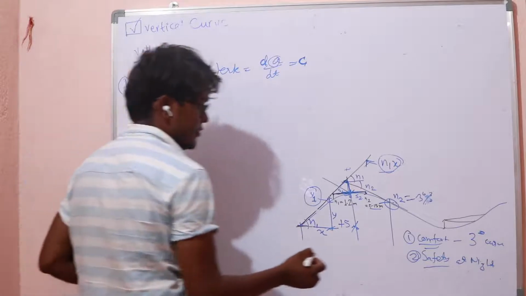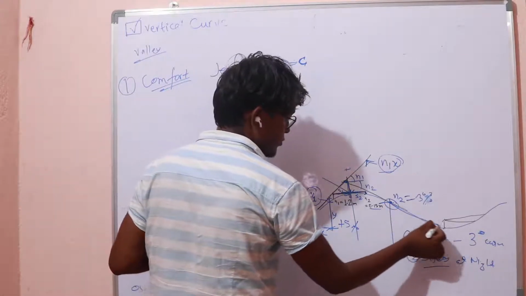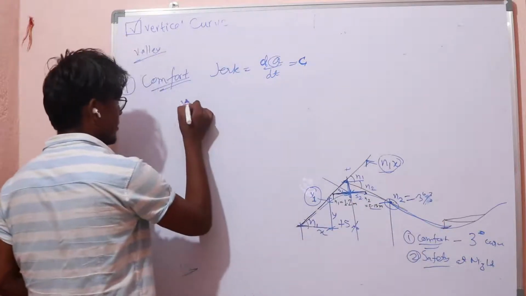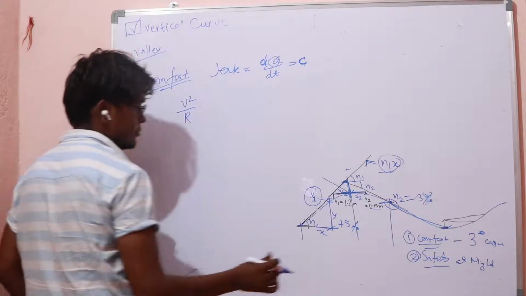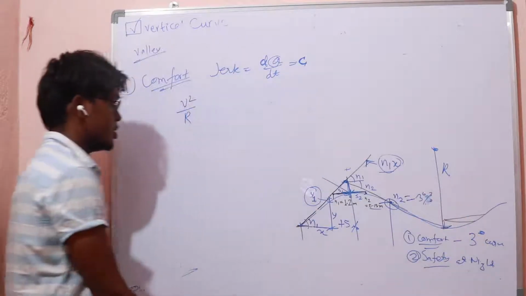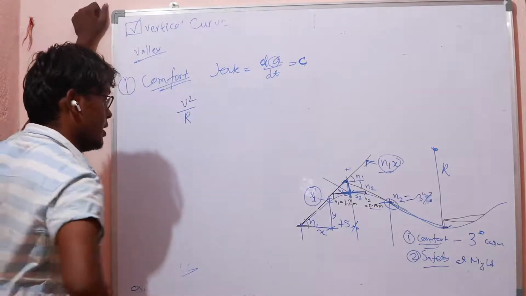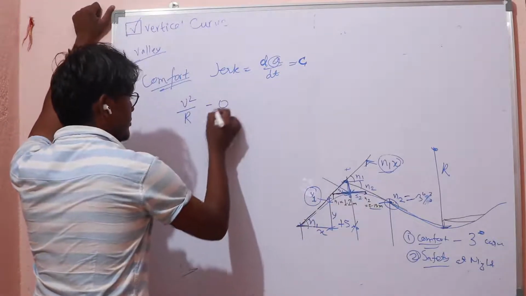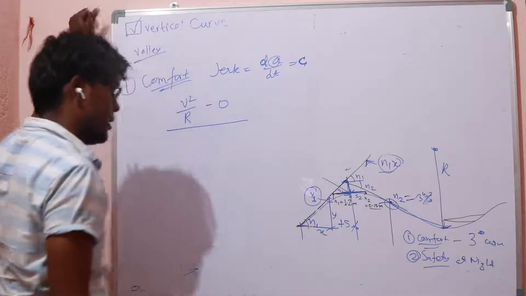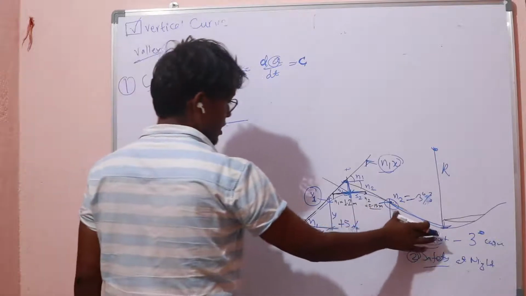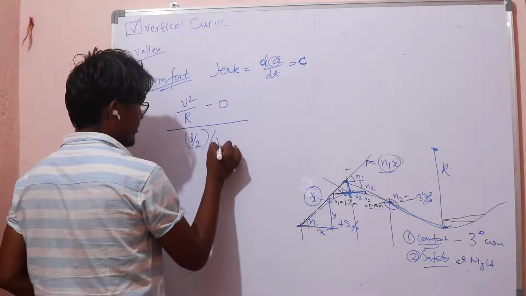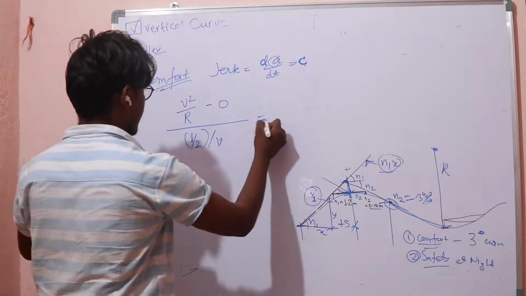So if the vehicle starts from here and goes to this point, the acceleration here is v square over r. This is the radius r. The centrifugal acceleration here is v square over r, and here the acceleration is 0. The total time taken by the vehicle moving at velocity v over a distance of L by 2 is L by 2 over v. So if we arrange this, we get